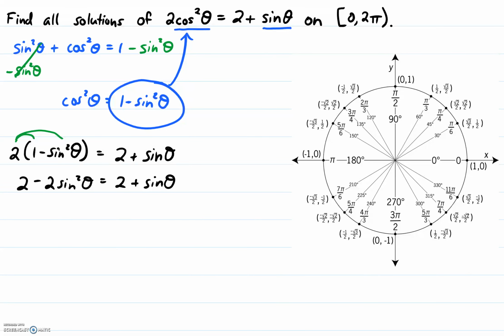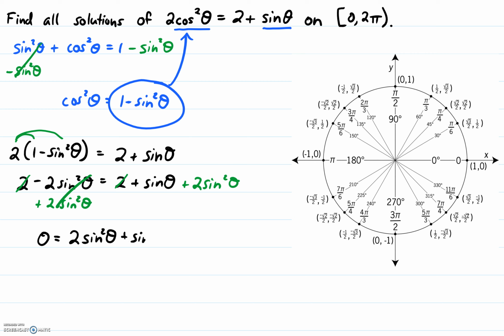Now we have a 2 on both sides, so we can subtract 2 from both sides, and those are going to cancel out. I'm also going to add 2 sine squared theta to both sides. That'll give us 0 on the left-hand side, and we'll have sine theta plus 2 sine squared theta on the right-hand side. Now we have everything on one side. We have 0 is equal to, and I'm just going to rearrange this in descending order, 2 sine squared theta